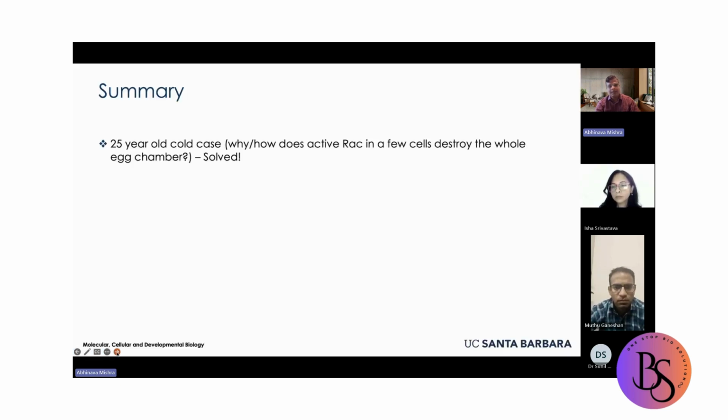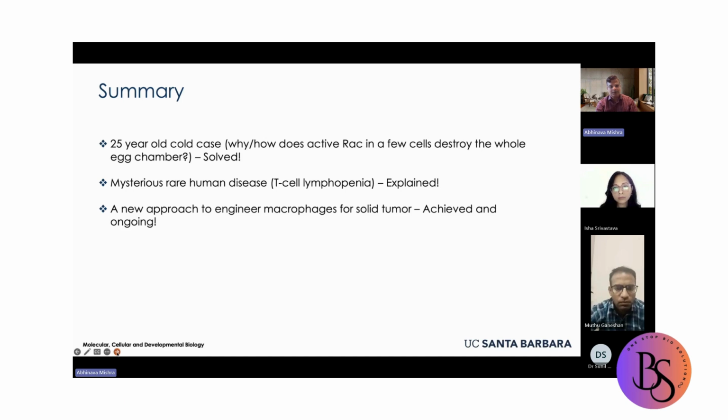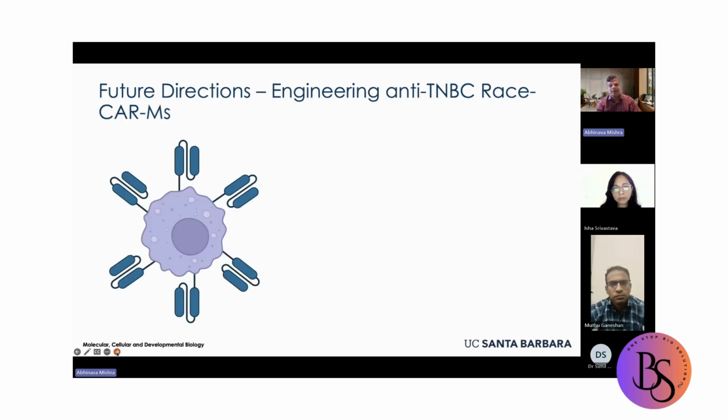So in summary, I have told you today that in the lab we had a problem: why hyperactive RAC is killing the egg chamber. We were able to solve that. We were also able to explain why T-cell lymphopenia happens in patients and makes them immunocompromised. But we also were able to engineer a new approach to attack and kill solid tumors, which is a RAC-enhanced CAR-macrophage. What we are doing right now is engineering this using a more patient-centric approach where we